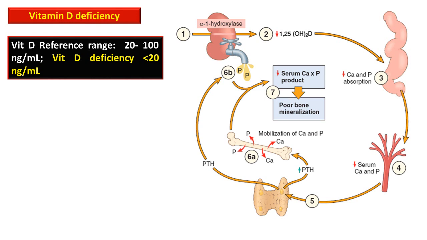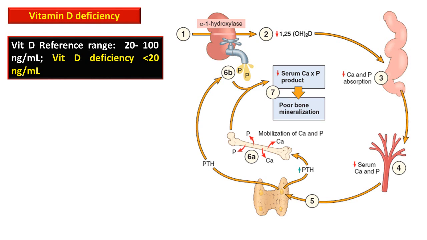In vitamin D deficiency states, the substrate for alpha-1 hydroxylase is decreased, hence the vitamin D concentration in blood is also less, and the facilitatory role of vitamin D for the absorption of calcium and phosphate from the intestine is reduced. This leads to decreased serum calcium and phosphate concentration,